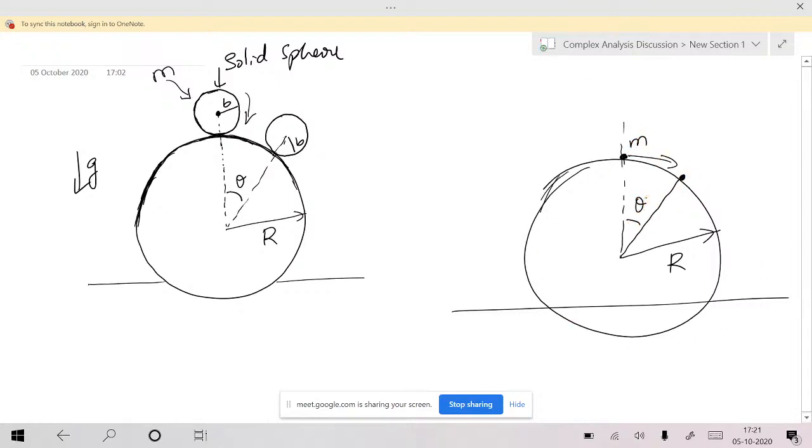Actually, this is a problem of non-holonomic constraint which can be solved by using the Lagrangian undetermined multiplier, by evaluating the constraint force and all. I'm not going to solve the theory here. I'm just going to apply one formula that I derived generally. If you apply that formula, you can find the answer at what angle this object is going to leave the surface of this object.